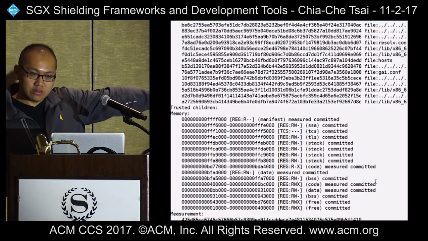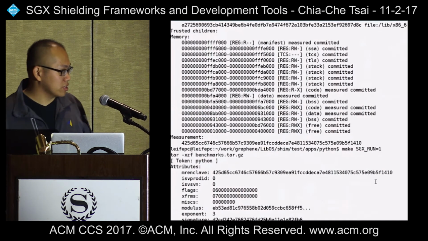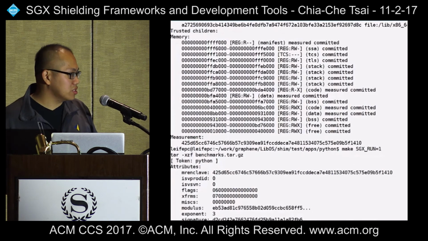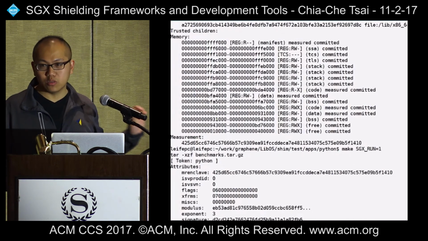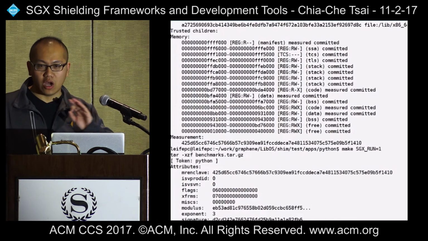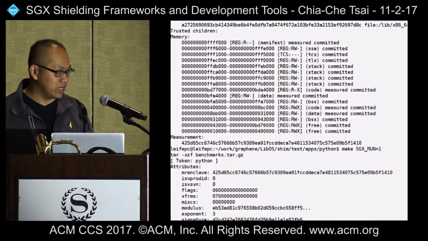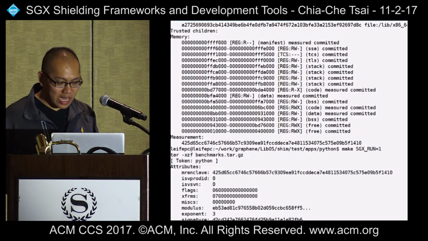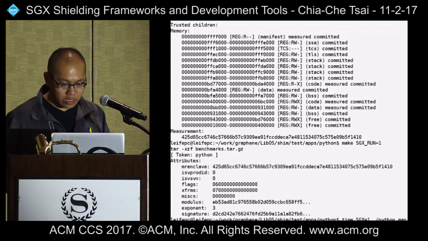I'm sorry, the text might be a little bit small, so I'll try to describe what it's doing. Here you can see they have to commit the large heap space. Right now it's around 70 megabytes. And these megabytes have to be added to the enclave every time the enclave is created. And so that made the execution time a lot slower. So to run a hello world program,